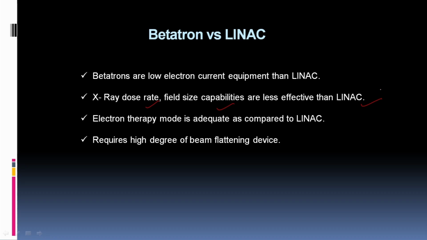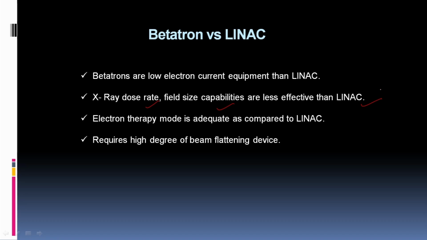This is the problem only in X-ray mode, but electron mode is adequate as compared to the LINAC. It requires a very high degree of flattening filter because of the type of Bremsstrahlung process that happens in the Betatron target and the energetic electron. They require a high degree of flattening filters, and this makes the equipment very bulky. These are the limitations which make it not so promising equipment for the treatment of cancer patients or for the radiation